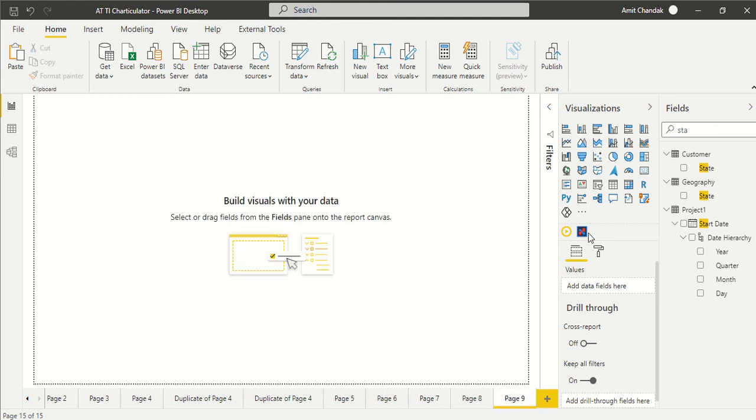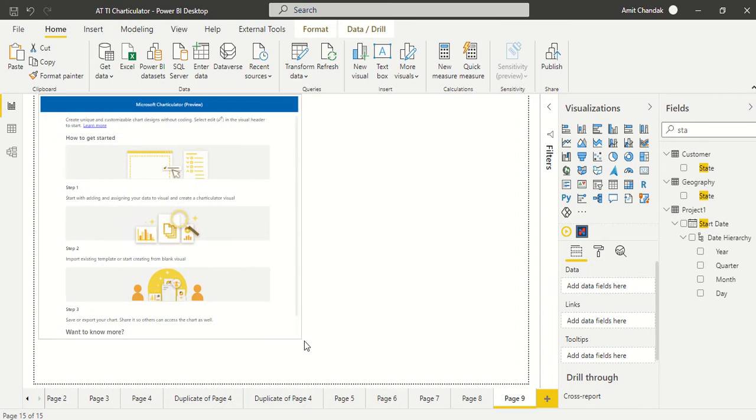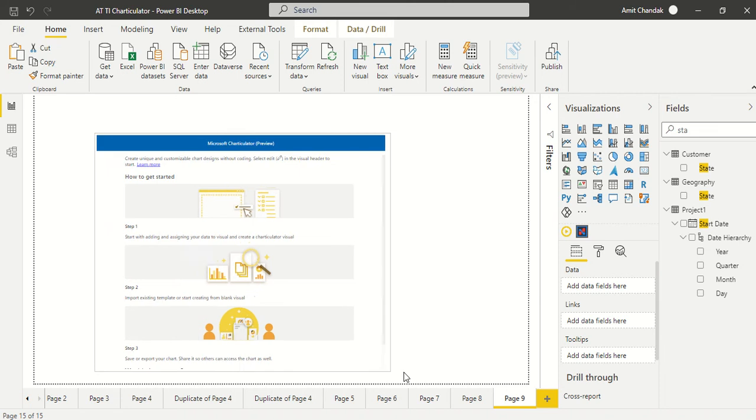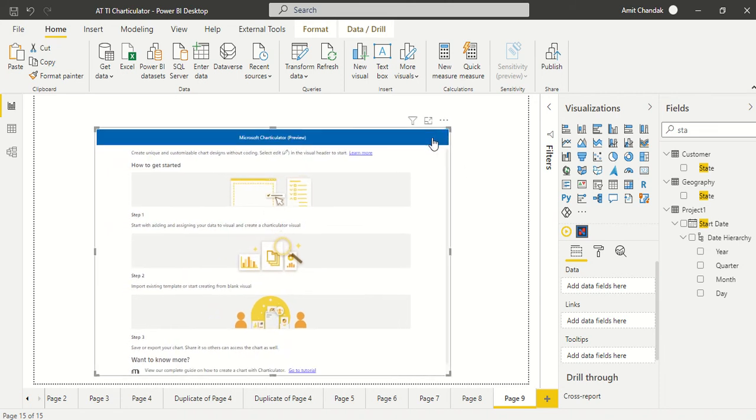So what I'm going to do is add one of those visuals. I created a new page, and as usual in Charticulator we are going to use this Charticulator visual. If you remember, some of you might have seen the older videos, we have added this from the additional visuals, from Get more visuals, from the gallery of custom visuals that are available. So you can go ahead and add it. Now what we need here, I'm going to keep it very simple right now.